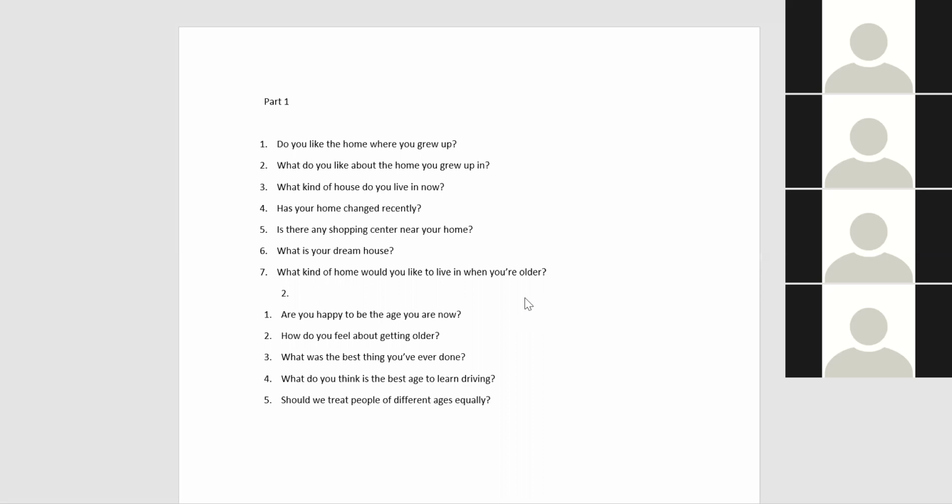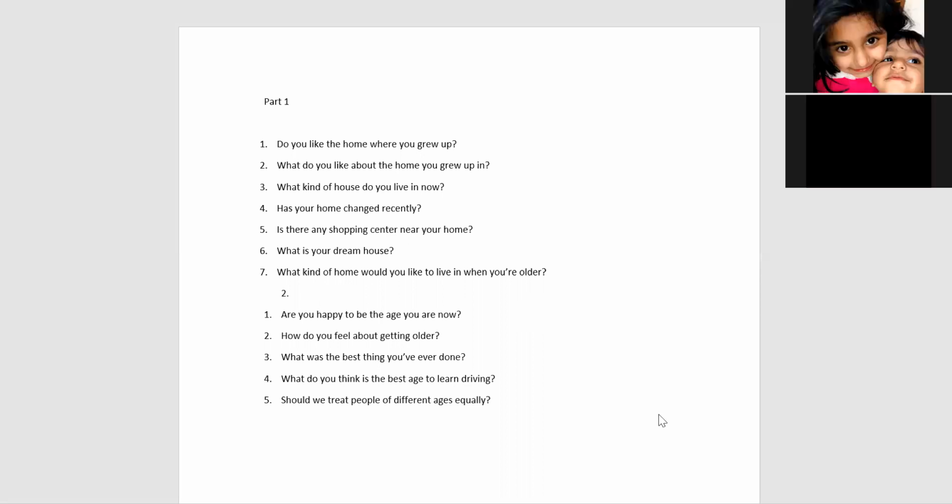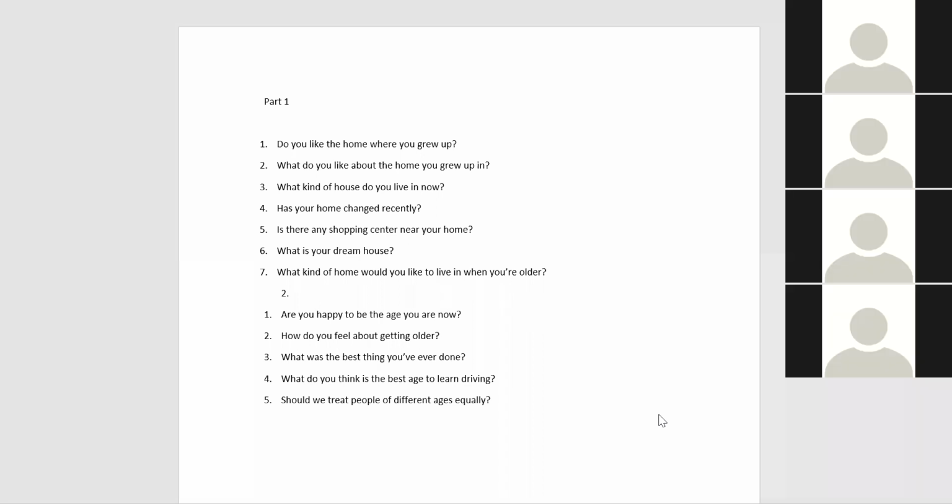When I get older, my ideal house will be surrounded by full natural light, and I would like a house with a good backyard or a beautiful garden in front, so that when I need relaxation, I can relax in that house. That's it.